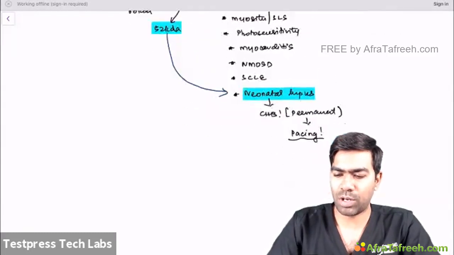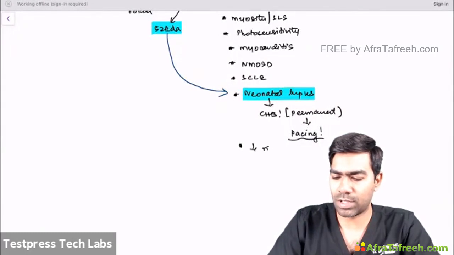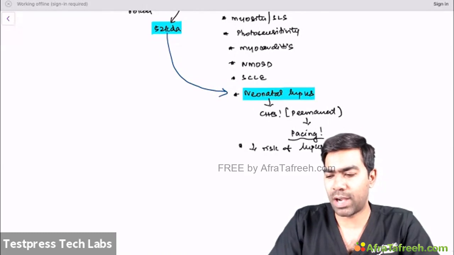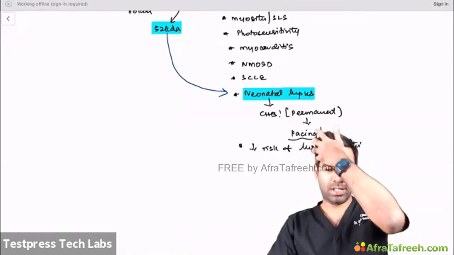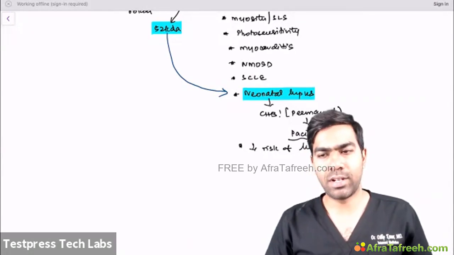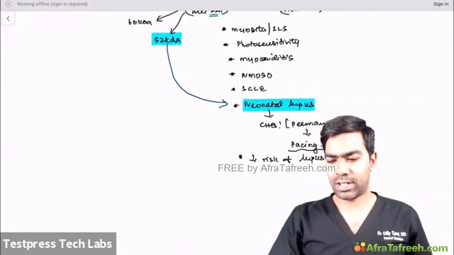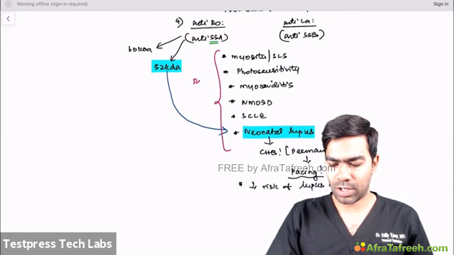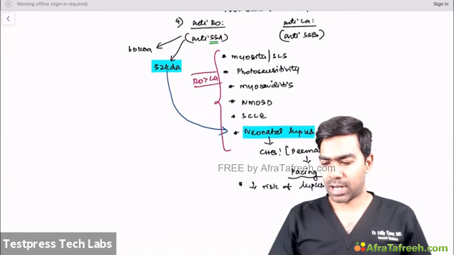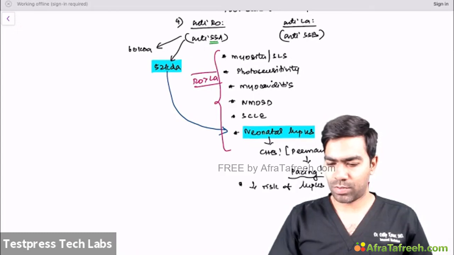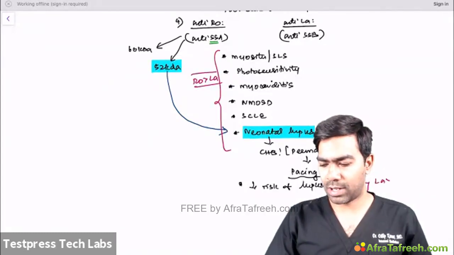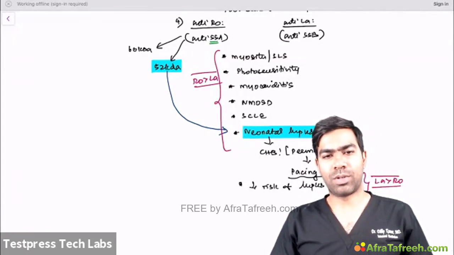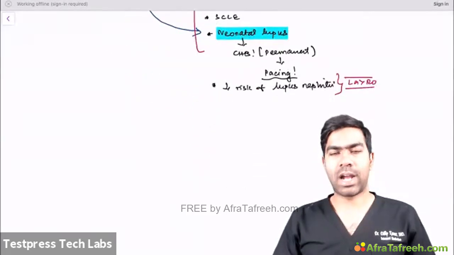On the other hand, one more entity is there, that is reduced risk of lupus nephritis. This antibody does a lot of very bad things, but there is one thing it can do that is good: the presence of these antibodies tells that the patient may have a reduced risk of lupus nephritis. Nephritis risk is less. But all the initial manifestations which I have told you correlate with Rho better than La. But the last manifestation alone, reduced risk of lupus nephritis, correlates with La better than Rho. That's all. Some of the important points that you might need to know with respect to anti-Rho and anti-La